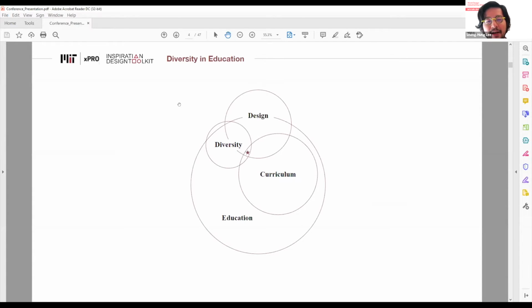If you see this topic, I try to break it down into 3 circles: education, curriculum, diversity, design. From my gut feeling, education is the biggest one because it has very diverse, different disciplines and topics. The curriculum is relatively small because it's more the content part. Design is not that big. It's the third. We have some design components. We think about user experiences, how people take classes, and what their feedback on the classes is. And for the diversity part, I feel it's the smallest one because I do have some in-person experiences with this topic that I'd love to share with you today. So the project overlaps with all these 4 circles.